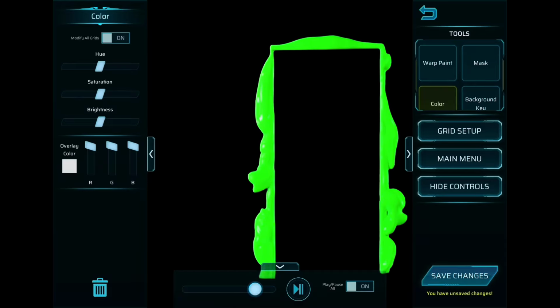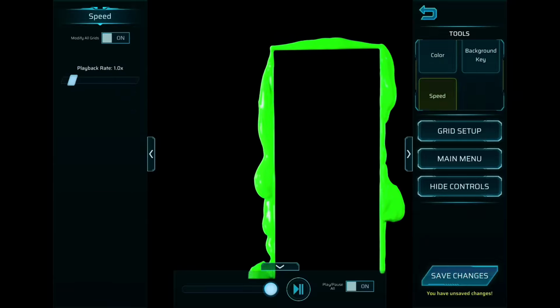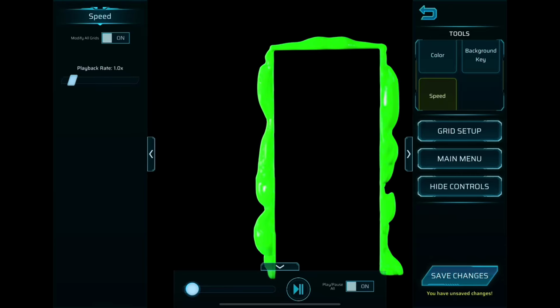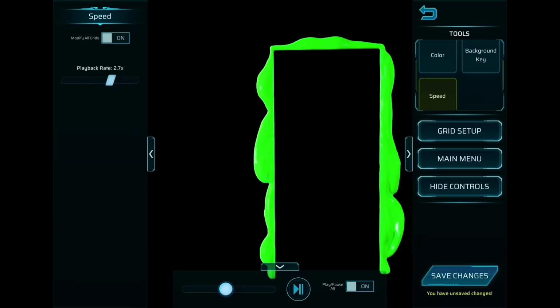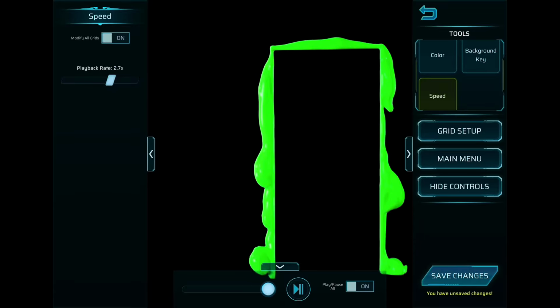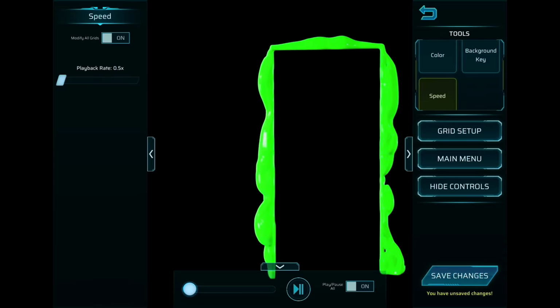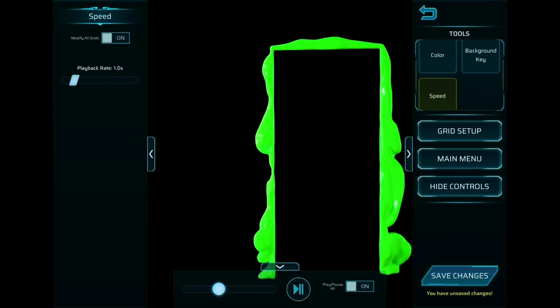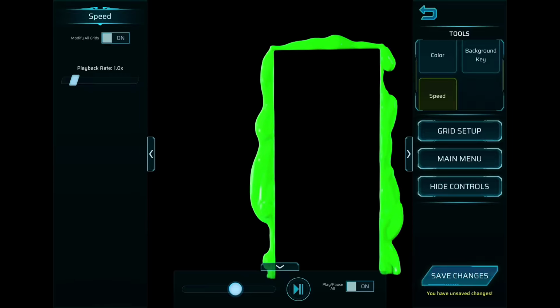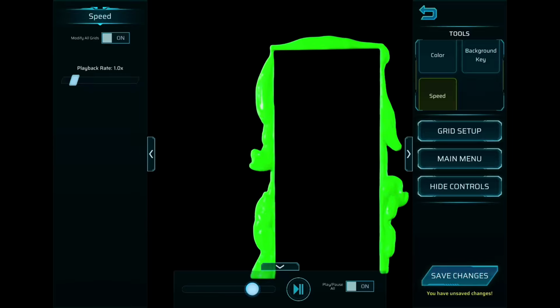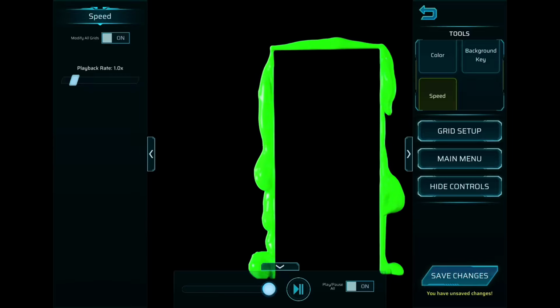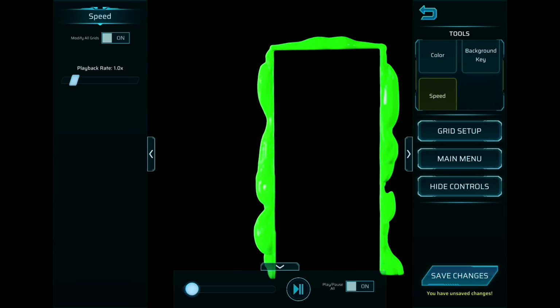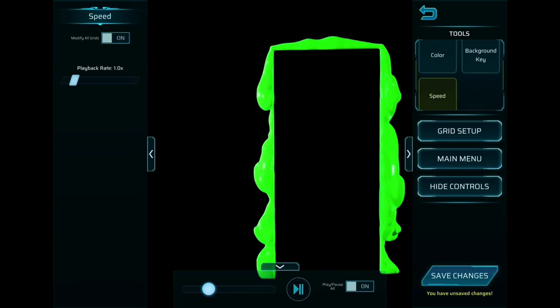All right, moving on to the next tool we can show with a single layer is the speed. So all these videos are loops. You can turn up the speed or turn it down. For this one, I think it's just designed to be played back at 1x, so I'll leave it. And the other thing to note is the play and pause. So if I pause this and save it,